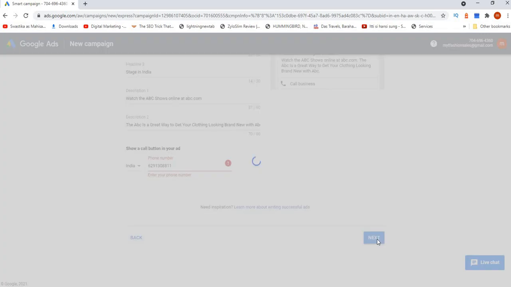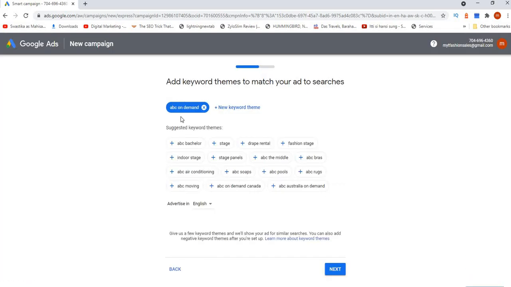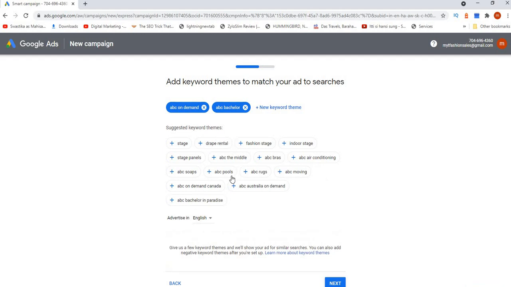Okay, let's give it. Now you have to select keyword themes. Say you are suggesting a new keyword.